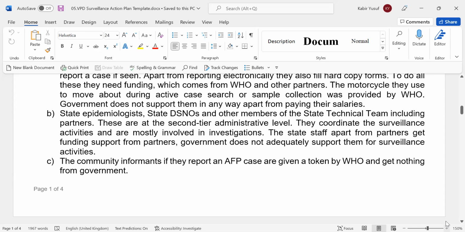Government does not adequately support them for surveillance activities. And now we have the last batch of people that are involved in surveillance. These are community informants. They are domiciled in the communities and they report AFP cases and other vaccine-preventable diseases.